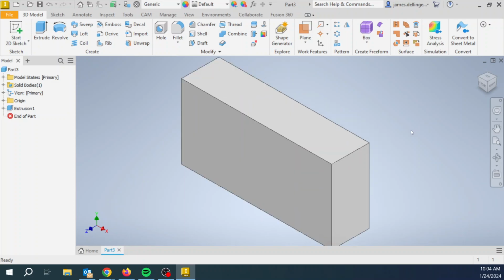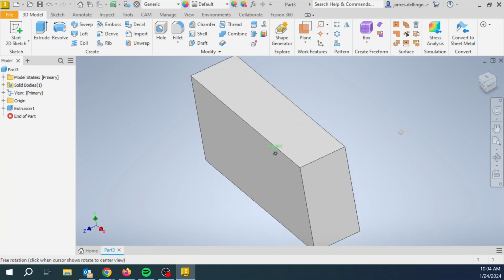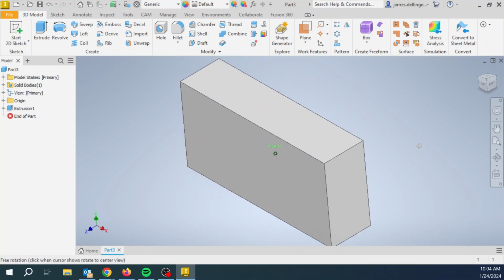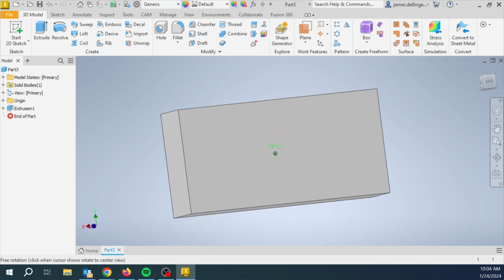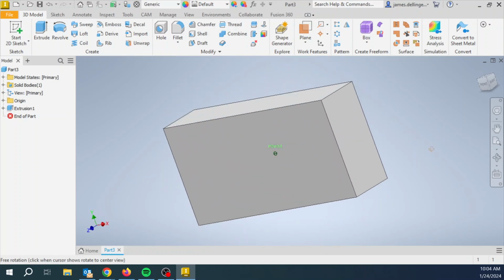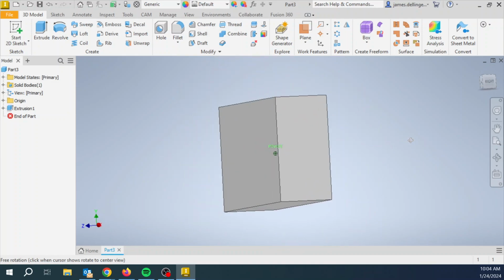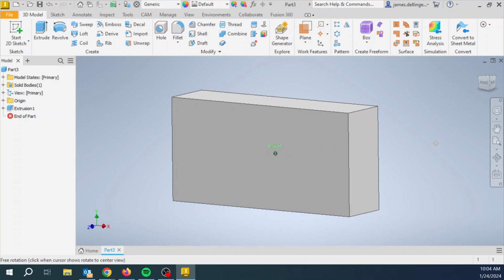Okay. The other thing that I haven't showed you is if you hold down the shift key and middle mouse button, you are going to pivot. And if you don't select anything, it's going to pivot around the center of the object. Sometimes that makes it hard. Most of the time that works out